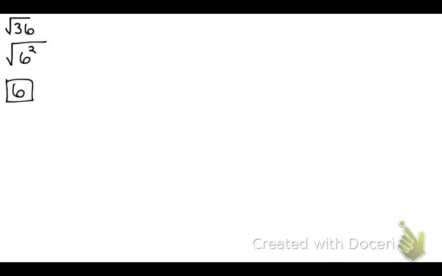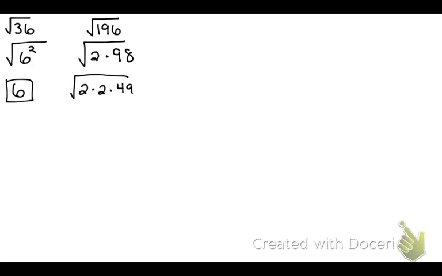Our next problem is a little different. It's the positive square root of 196. Now, I don't know 196 offhand, but I do know that 196 is 2 times 98. And I know that 98 is 2 times 2 times 49. And this helps me to see that I have 2 squared times 7 squared,